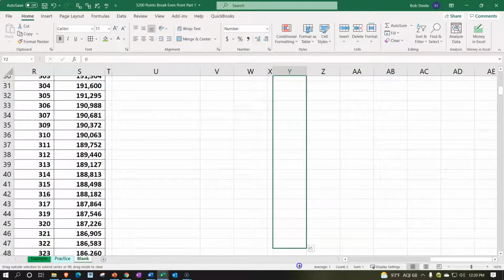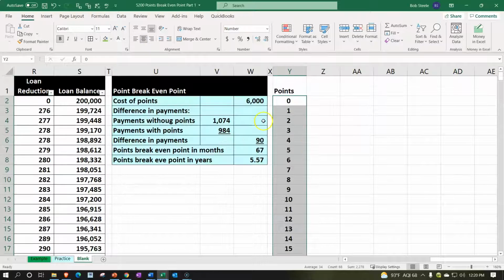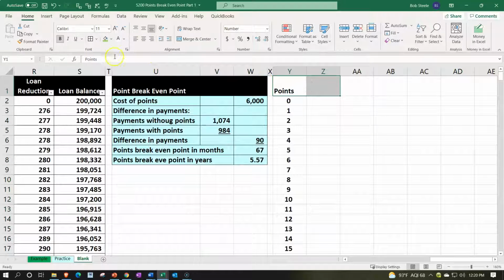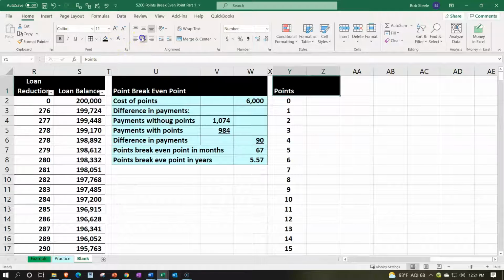67, which is going to be right there where the green line is. And let's center that, and let's make this black and white. Do our font group, let's do our black and white thing and center it. And then, so the points, we're going to say up front, the cash flow that happened is going to be